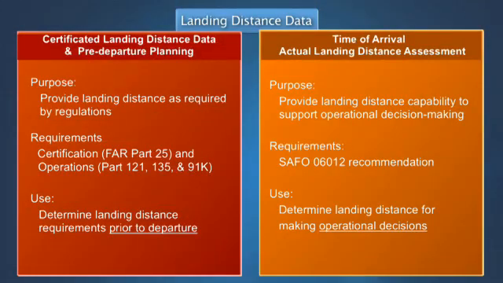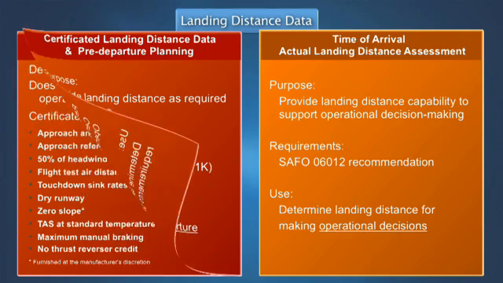It is especially important for flight crews to understand that the landing distance data established during certification and published in the AFM is not representative of everyday operational practices and does not reflect operational landing distances. This is true even when the AFM or QRH labels such data as actual landing distance, as shown in our previous example. This is because not all operational factors affecting landing distance are required to be accounted for by certification